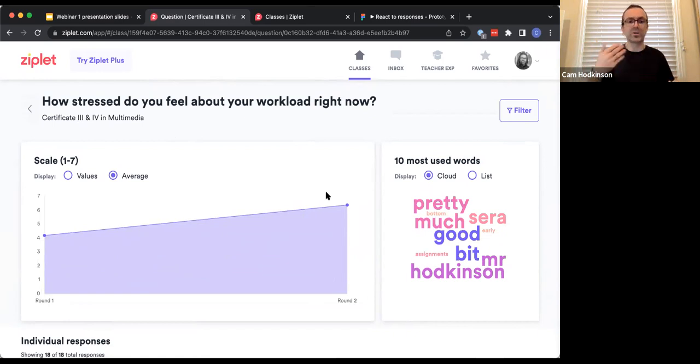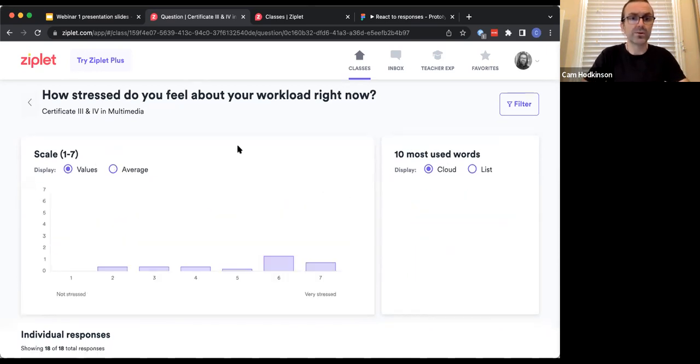And this is a really, really interesting way. If you're asking that question each week, for example, across a 10-week term, you can see how stress levels might peak and trough. Maybe they correlate with when assignments are due for submission. Maybe it correlates with the amount of work that students have in other classes, or potentially with some of the support that they're getting from their peers or from yourself as an educator.